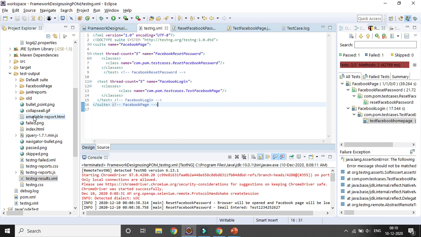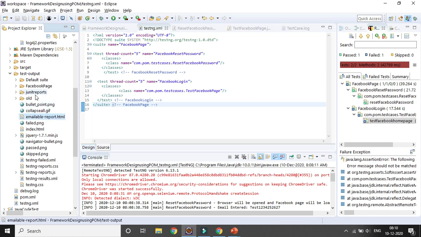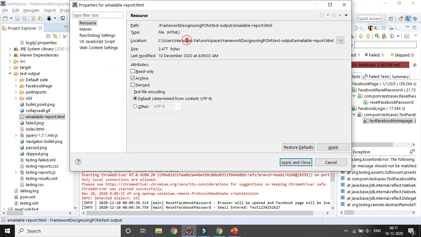But if you want to view the report in a browser, you need to select that particular folder, the HTML folder, which has the emailable-report.html, right? And you can see right now there is no HTML folder available under the test-output folder. But whenever we implement ReportNG, there will be an additional folder called HTML, where we can get the path for index.html and we can open the report in any of the browsers, right? So let's select that particular emailable-report.html and press Alt+Enter to get the path. So you will get the path here. Just copy and paste the path and try to open it in any browser.